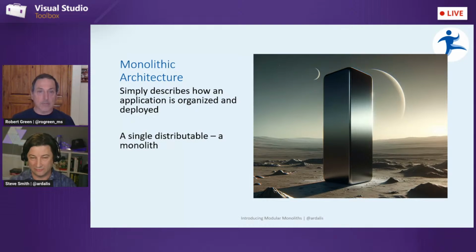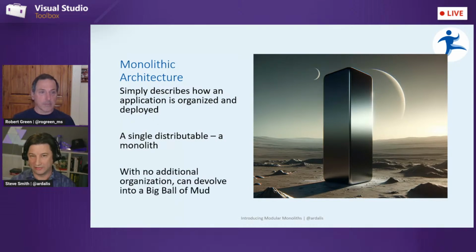When you deploy it, if you deploy it somewhere, it has one DLL or one exe that it needs in order to run. Okay. Now, the problem with the monolithic architecture, and the reason why we have a lot of other different types of architectures, is that without some more organization it can devolve into this so-called big ball of mud architecture, which basically just means that things